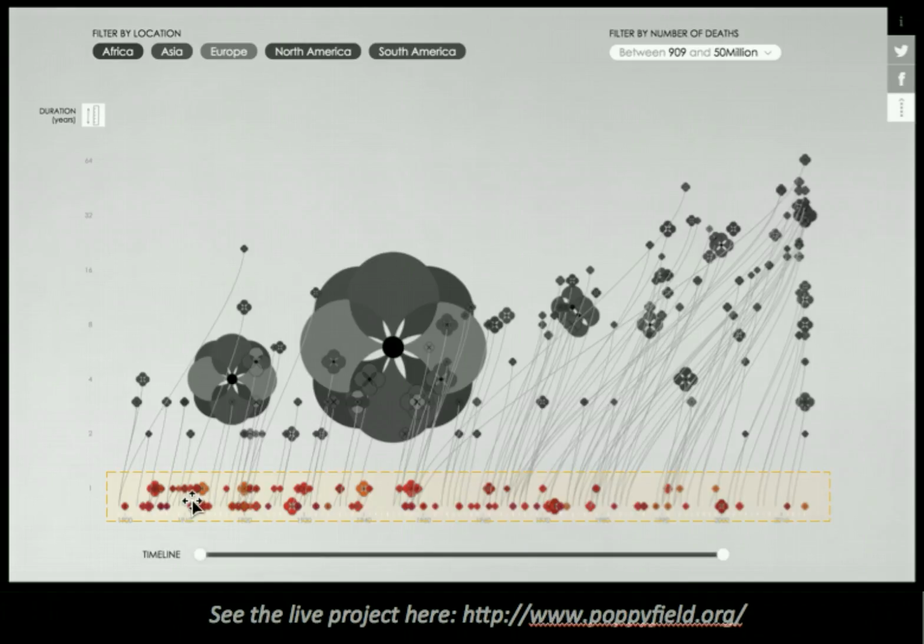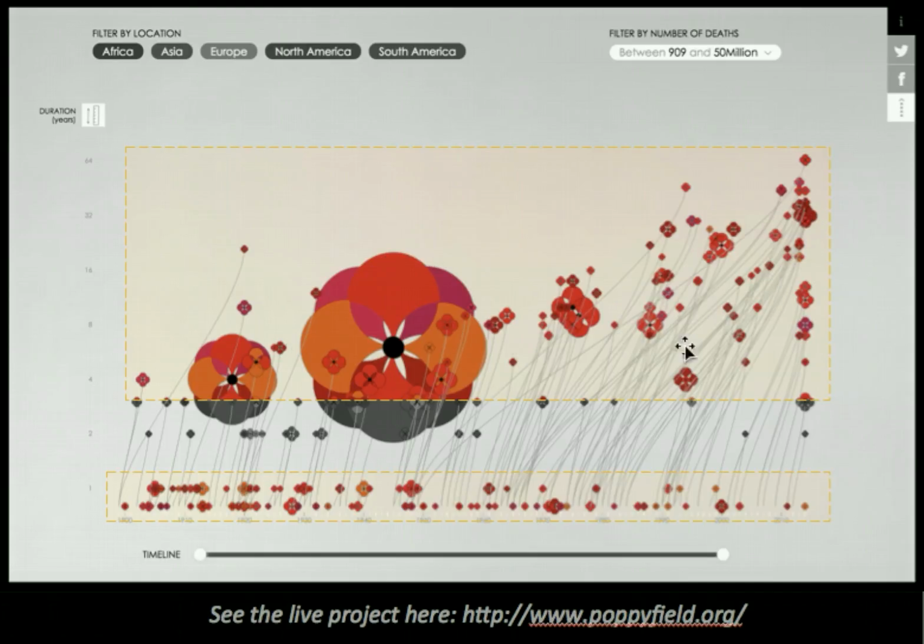In the poppy field example, pattern emerges from the short, under a year-long wars, but also from the overall trend line that wars and how wars have changed over the years, namely that there are more wars today, but they carry a relatively lower cost in human life. But what this design does well is that it doesn't quite go on to suggest that this doesn't